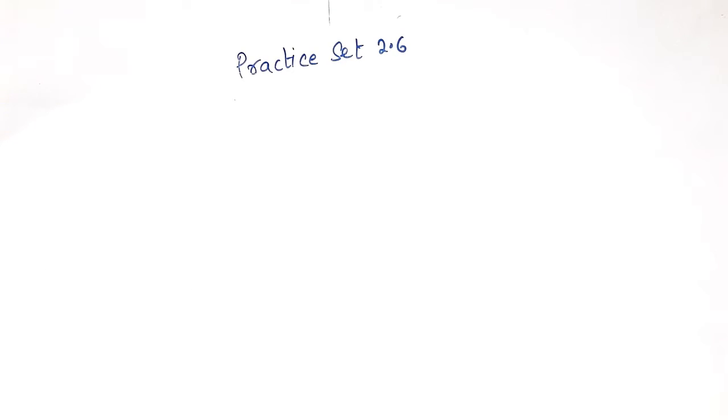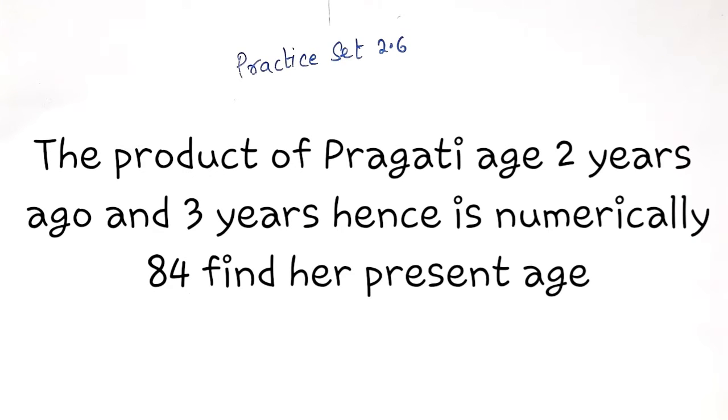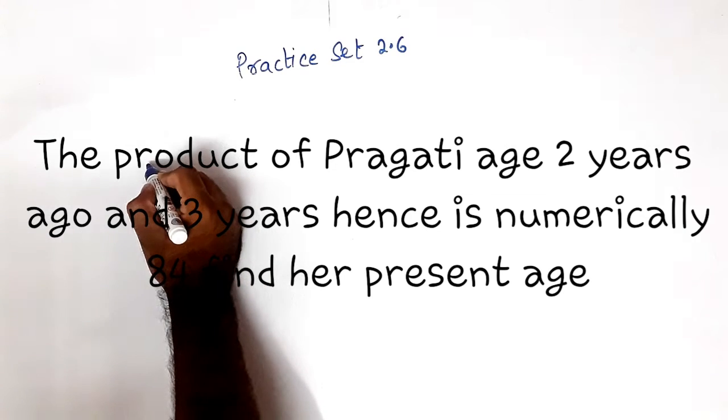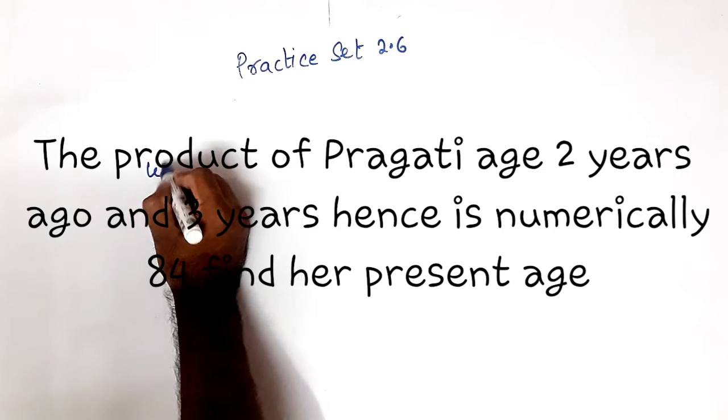Practice set 2.6, Algebra Standard 10th. The first one given is: the product of Pragati's age 2 years ago and 3 years hence is numerically 84. Find her present age. Okay, so what we'll do is, first we'll take